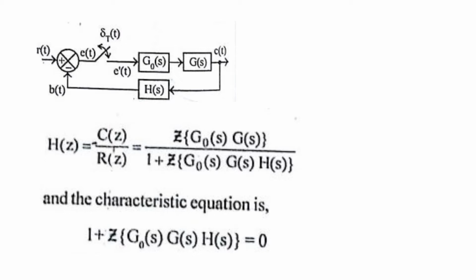So for this we have methods for discussing the stability. These are the available methods for finding out the stability of the sampled data system. First one is Jury's stability test, second one is bilinear transformation, and third one is the root locus technique. The root locus technique we are not going to study here, so only these two techniques are in your syllabus. The root locus technique is MTech level, so we are not going to study this. You will be learning only Jury stability test and bilinear transformation in this syllabus.